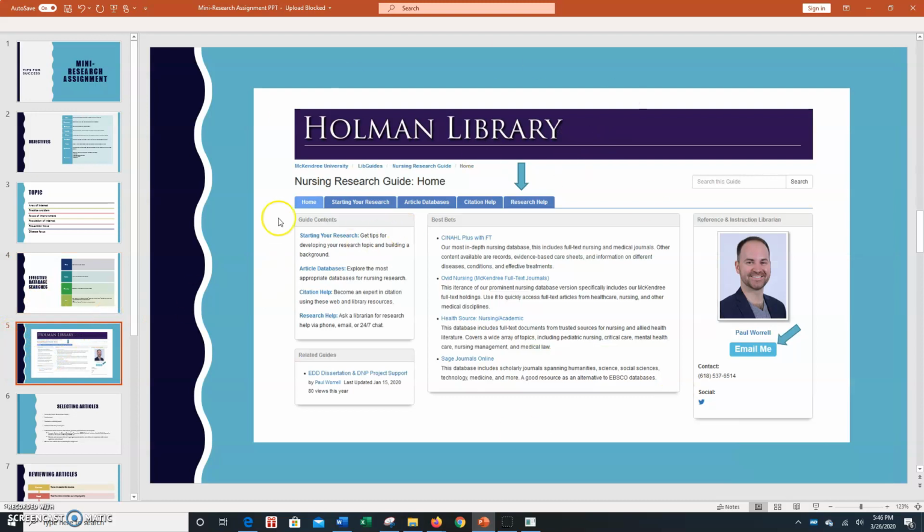In your course, you will find that if you click on the One Stop Library Shop, this is what you will see. So there are some tabs that will help you. One is Research Help, and you can click on that tab when you're in the course, and it will open up to selecting your topics and some of the key words, some cues to help you. Or if you want assistance from our reference librarian, you can click on the email me, and you can get